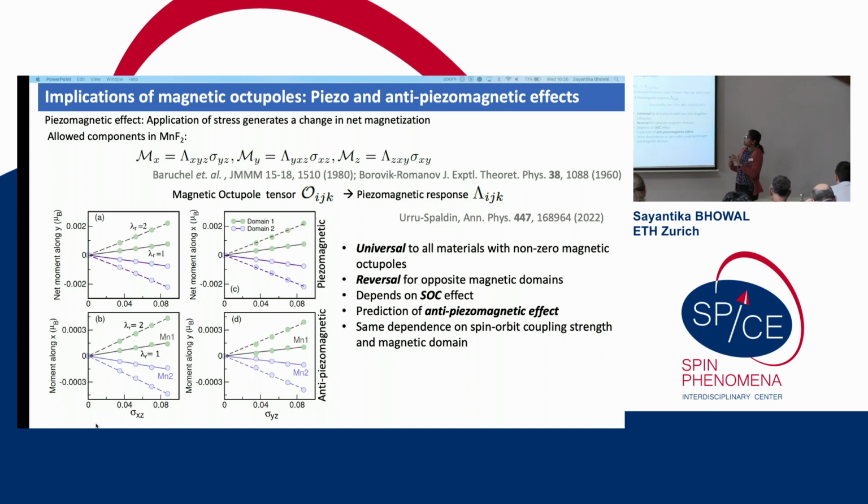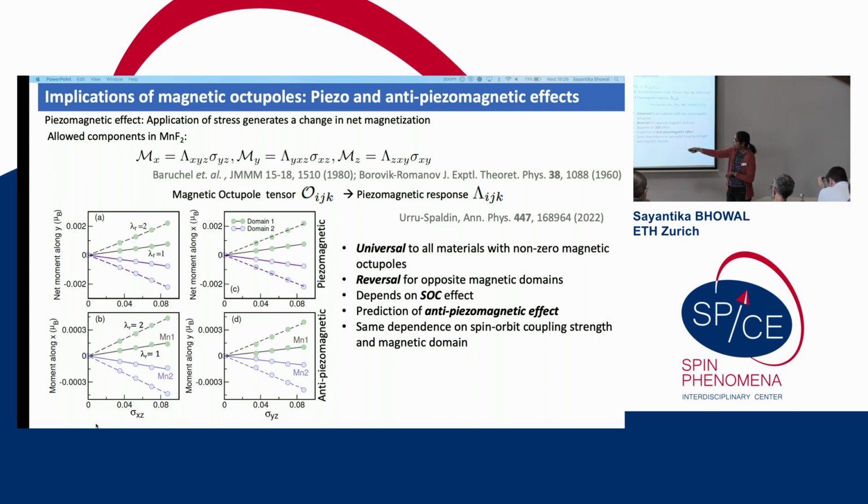Now, to understand how this piezomagnetic response depends on the domains and also on the strength of the spin-orbit interaction, we did explicit density functional calculations. Here we apply a stress along the XZ direction, and this generates a net moment along the Y direction. And for the two domains represented here by these green and blue dots, we can see that the net moment